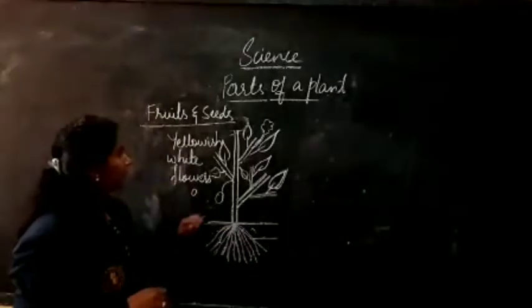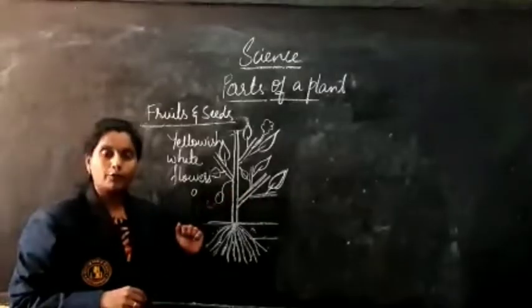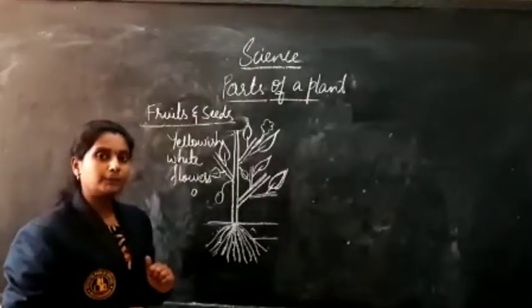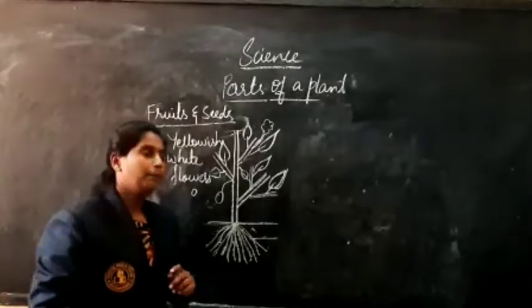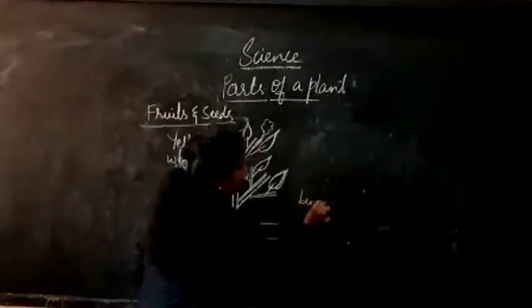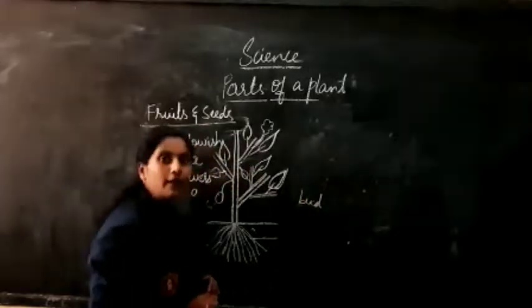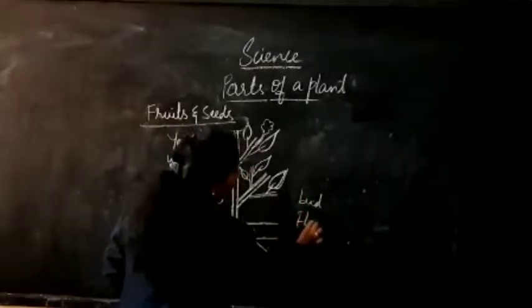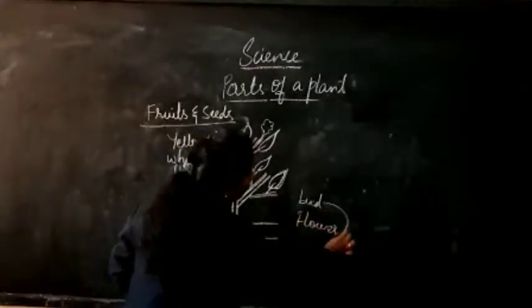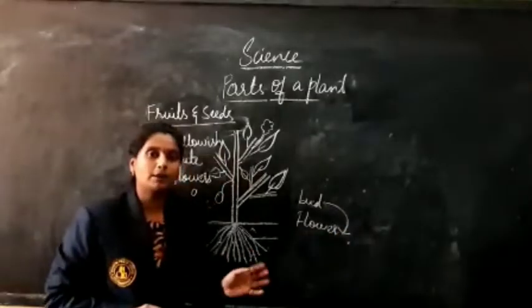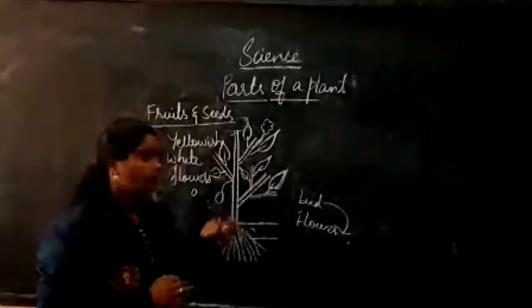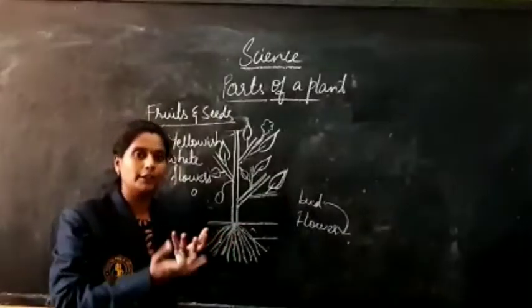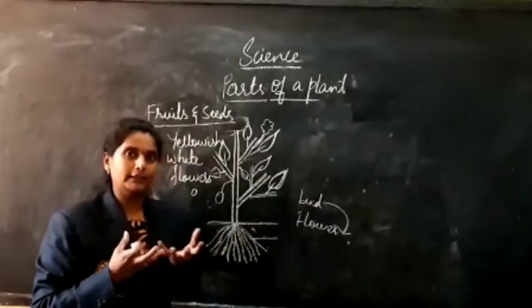Before that, I want to say something about the rose plant. If you observe the rose plant, today you will be seeing the bud. Bud is nothing but the initial stage of a flower. From the bud only we can get the flower. If you keep on observing the bud daily for 2 to 3 days, you can see how the bud is converting into the flower by opening all its parts.